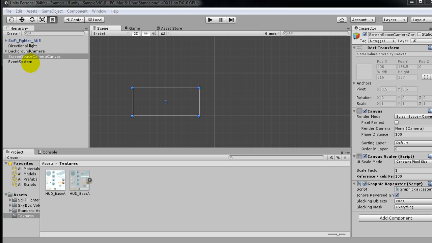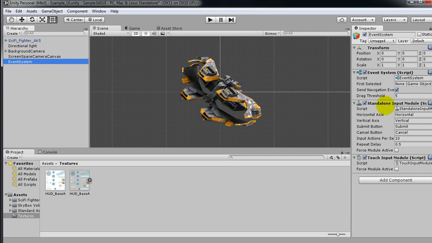We also have an event system in the scene. This was added by the custom package that was brought in, so we're going to want to keep in mind that that's there, and we'll do something with that later. So first off,